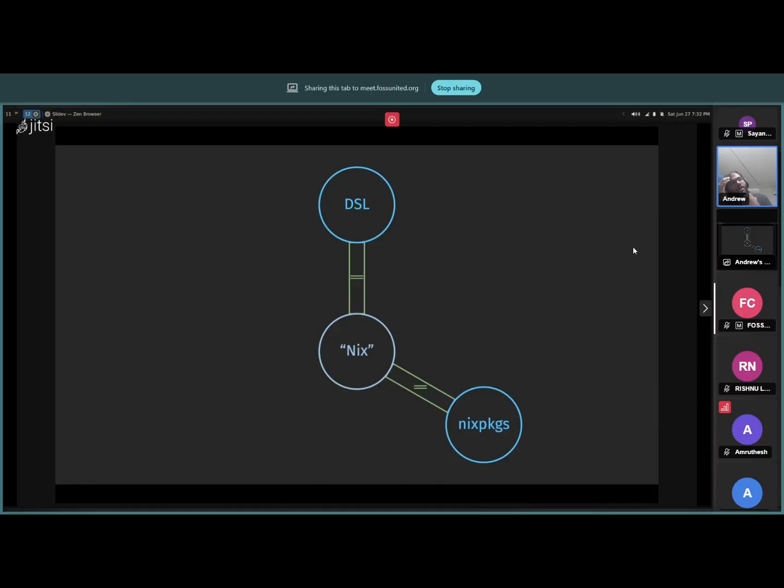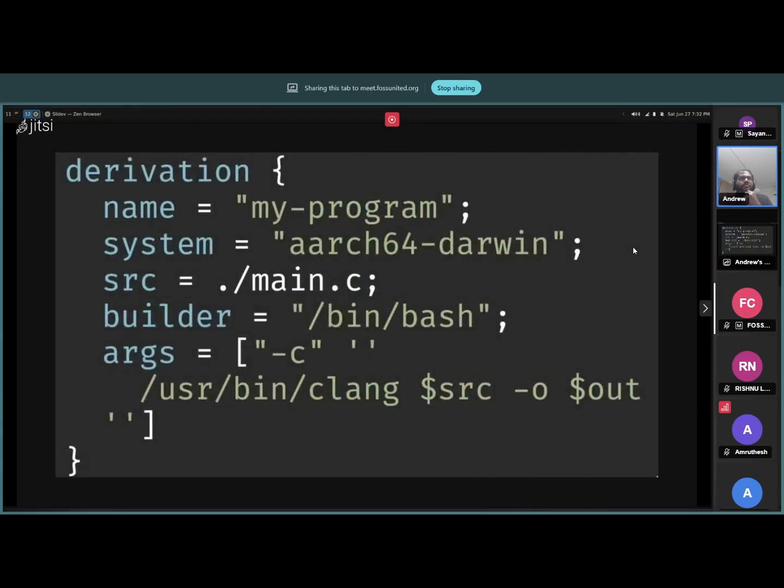Now, the other problem is, as I said, if you are writing a derivation, you also have to say how the dependencies are derived. You have to declare the entire universe.